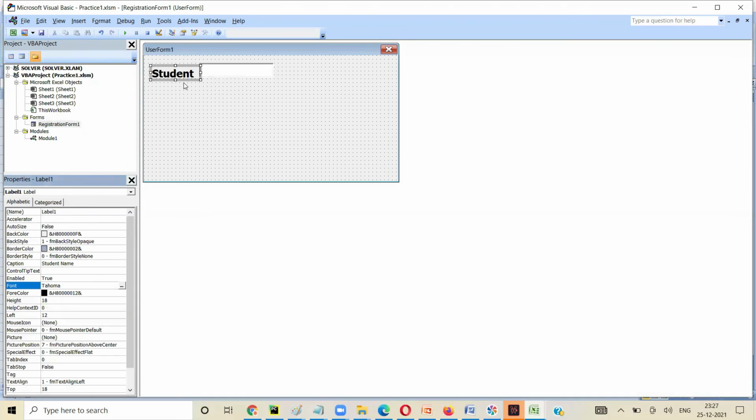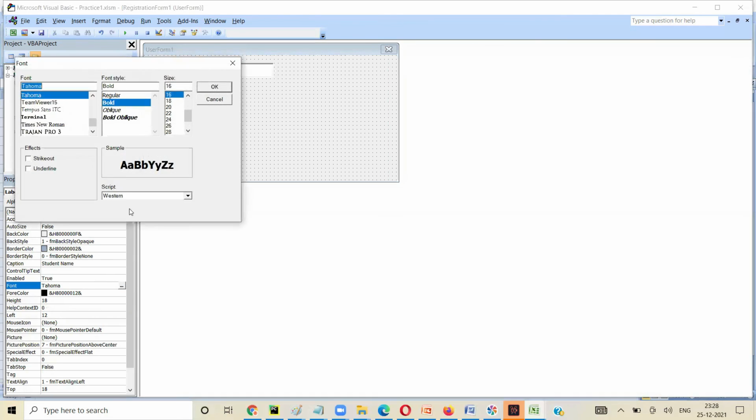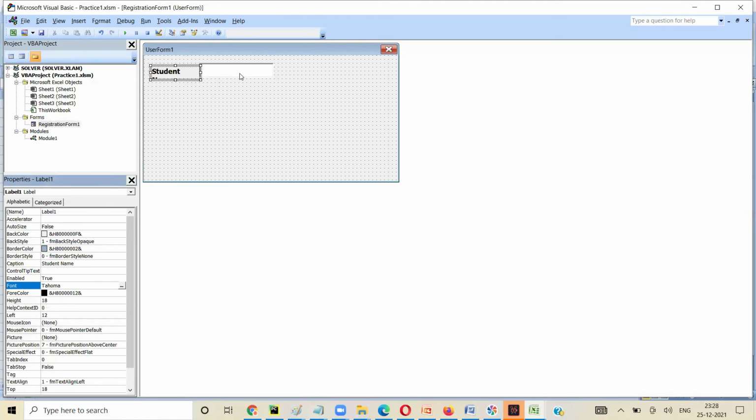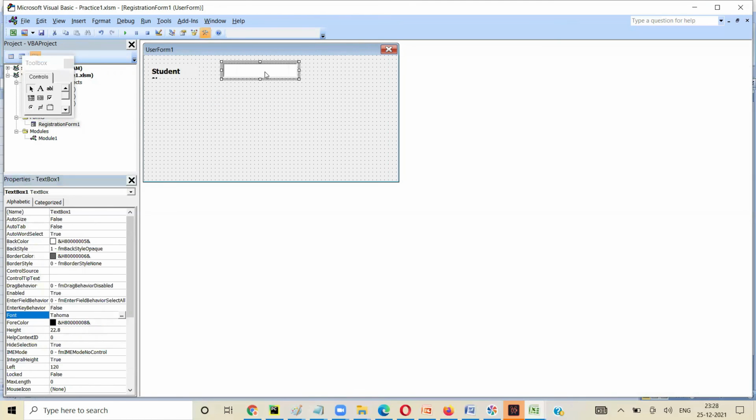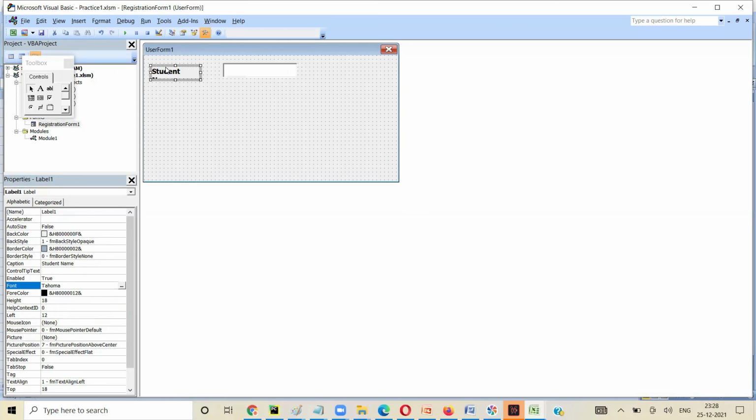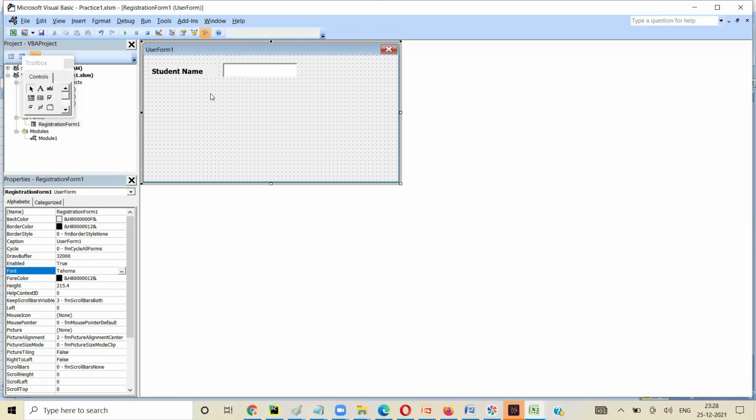Okay, 16 seems too much again, right? So let's make it 12 or 11. So here's student name. If you want, you can drag it. Like that you can build it.